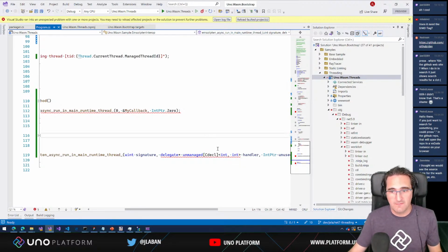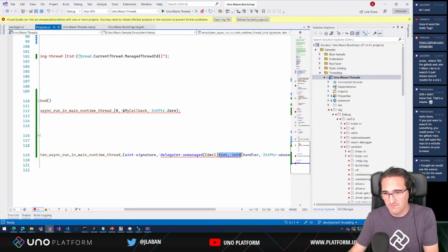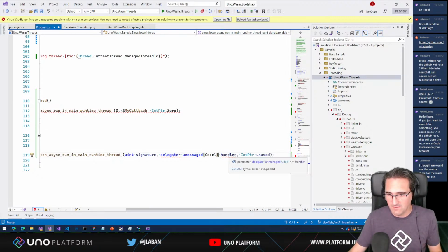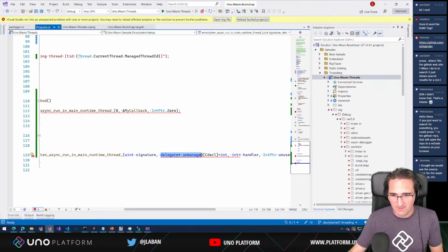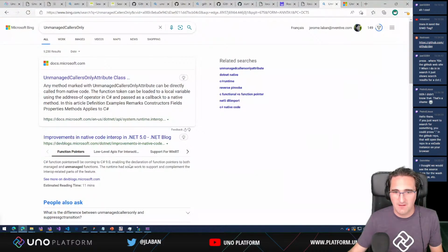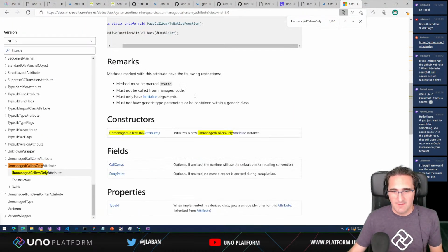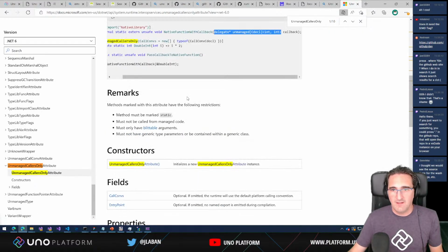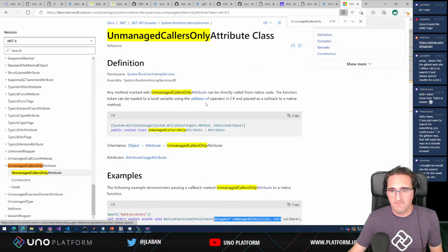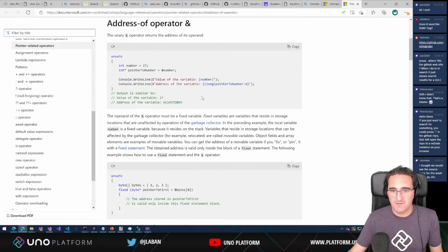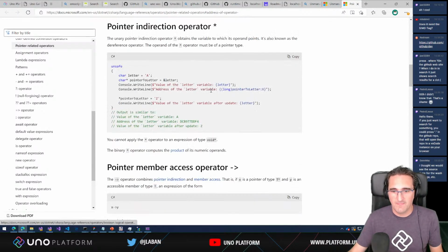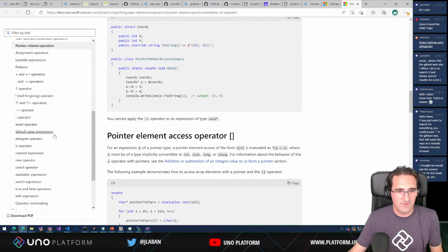Okay. And I don't understand the signature of this one. Okay, so let's go take a look at how to do some delegates, unmanaged delegates, because I don't know how that works. Is there a link to the method here? Address of operator. I don't know if it's the one that we want. No, it's not going to be that one. So is there,